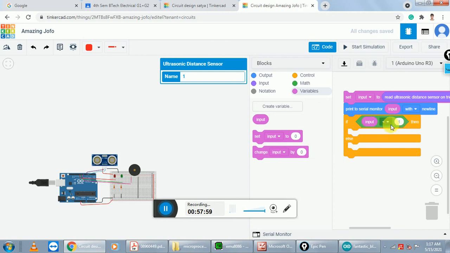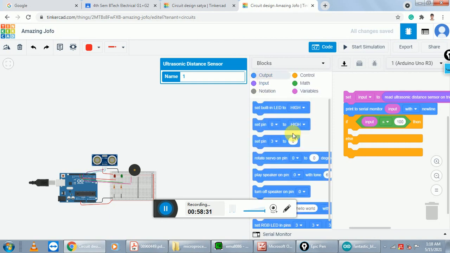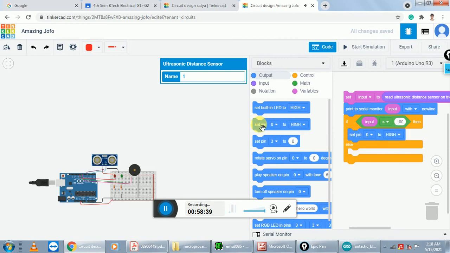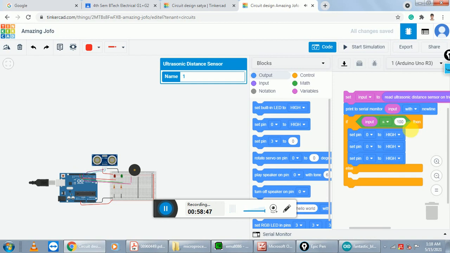The next step is to take the condition greater than or equal to, and put the distance value 100. So if input is greater than or equal to 100, then here we want an output. The output is set pin number. Paste these blocks. So if input, our variable, is greater than or equal to 100, then set pin number